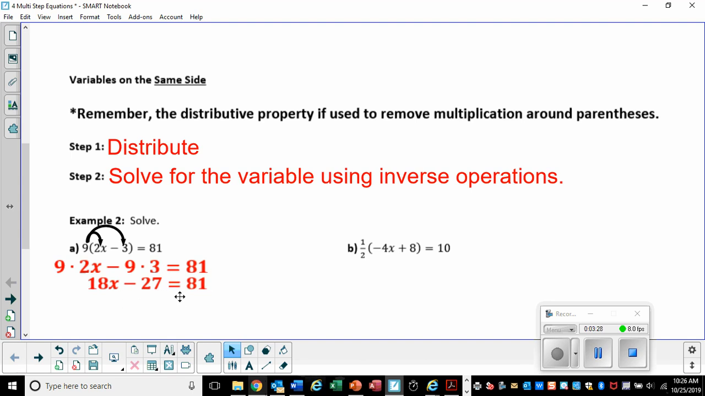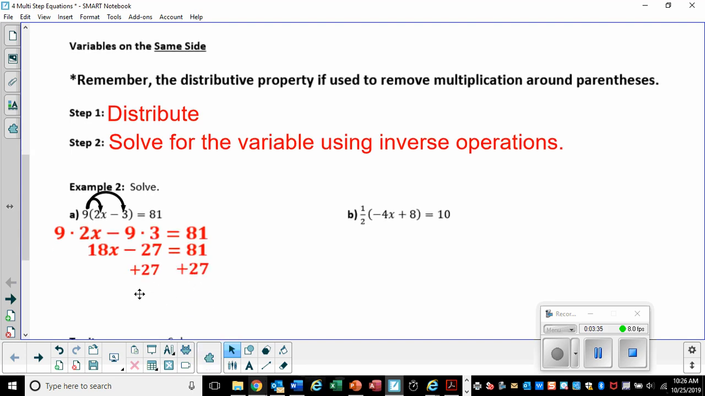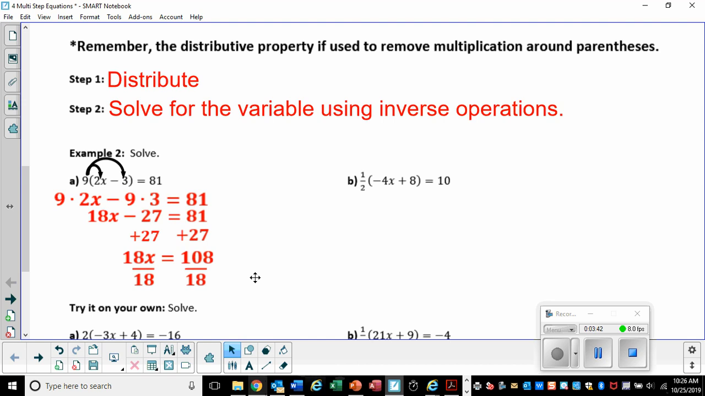Now it's just a two-step equation. I solve it like normal. So I'm going to add 27 to both sides. So that will give me 18x equals 108. Then I'm going to divide both sides by 18. And I get